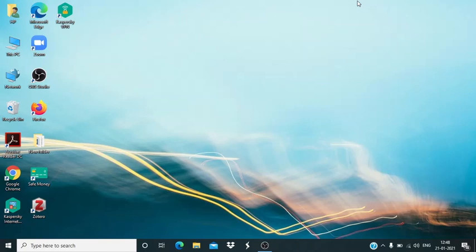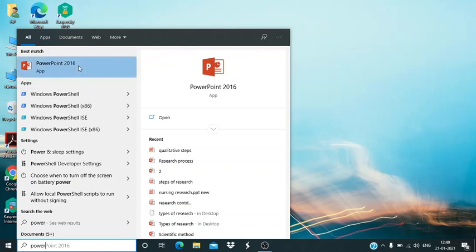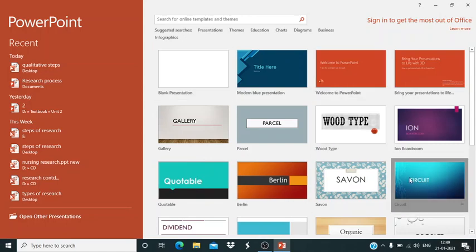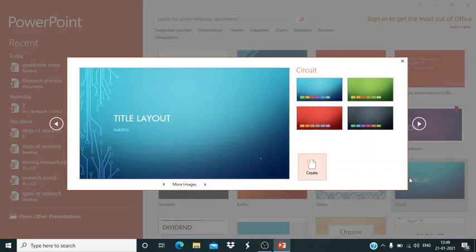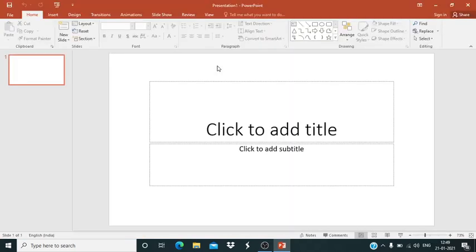Now this PowerPoint version that I have with me is the 2016 version, which I will show you. Just type in the search column PowerPoint. As I type, I automatically get PowerPoint 2016. Just give a double click so that the PowerPoint templates open up, and you find so many different templates of PowerPoints. So if I want to select this one, if this is the template which I want, I just have to give create. Or if I am planning only for a blank presentation, it will open up like this.